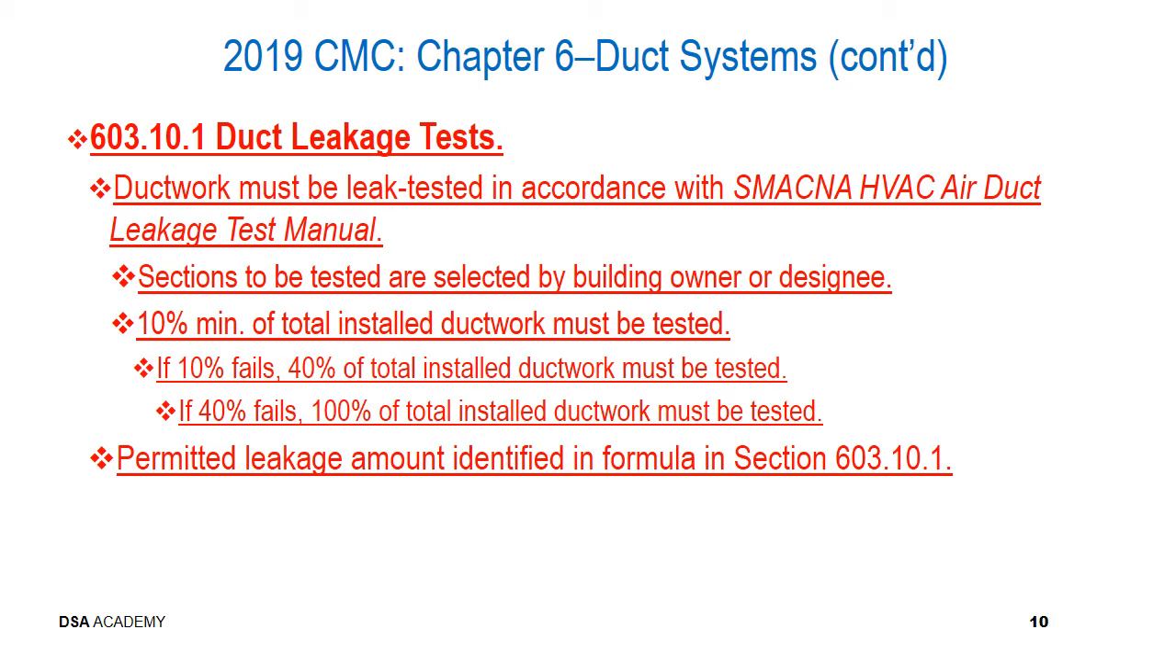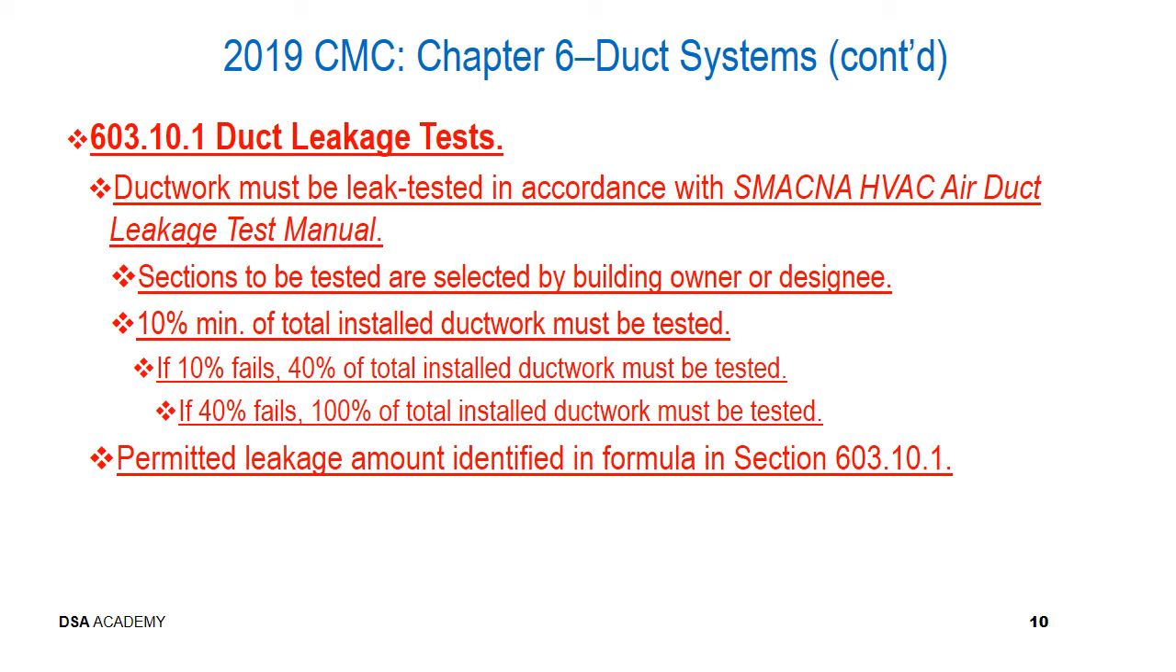New to the 2019 version of the California Mechanical Code is section 603.10.1, which addresses duct leakage testing that is required. Ductwork is now required to be leak tested in accordance with the SMACNA HVAC Air Duct Leakage Test Manual. And generally speaking, it's a progressive leak test based on results. So at the onset, sections to be tested obviously are going to be selected by the building owner or their designee,